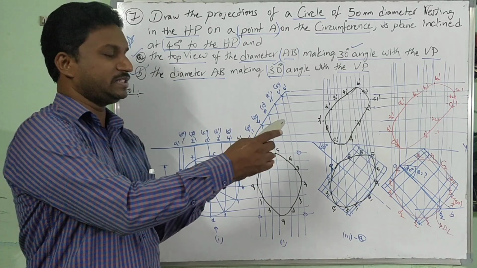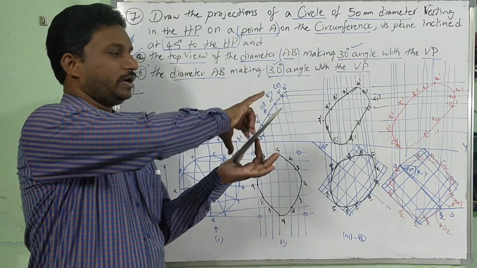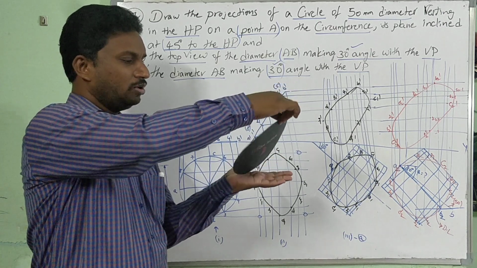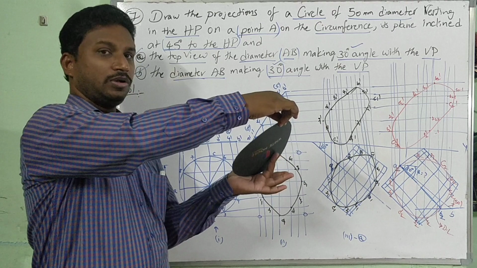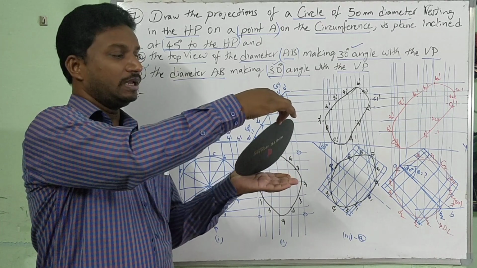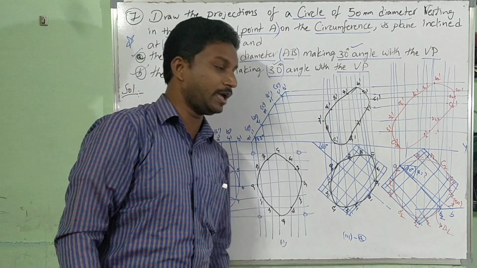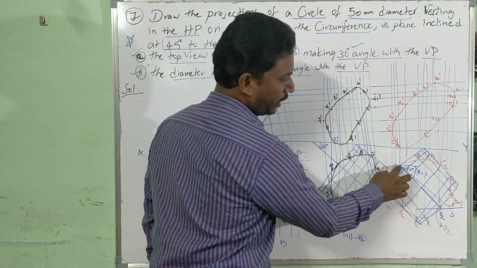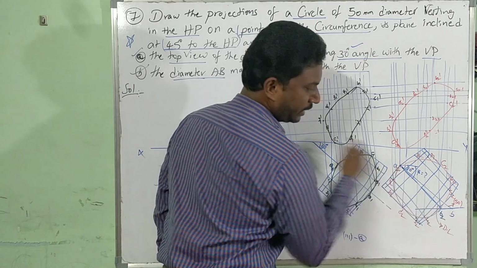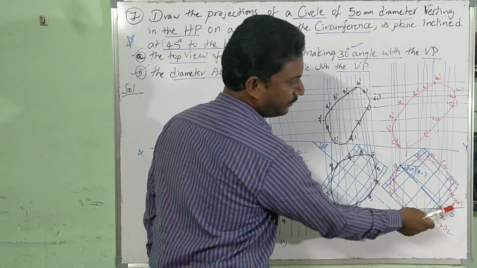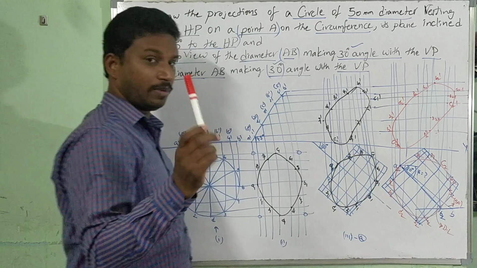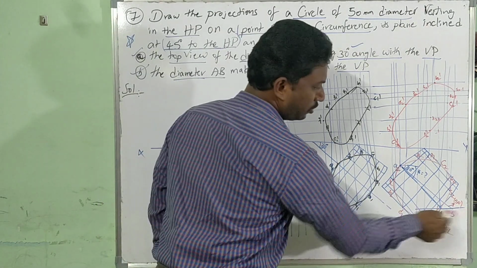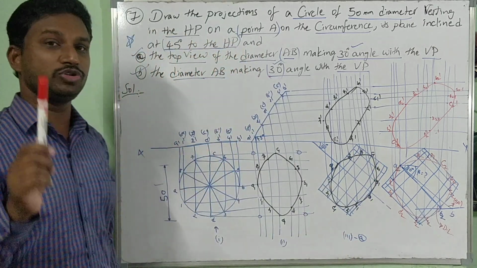Now next one, diameter AB, right? Up to here it is 45 degrees. Now it is rotated to 30 degrees. Now when this is rotated to 30 degrees, line is inclined to both the planes. Diameter AB is inclined to both the planes. So in that concern, try to draw a small point anywhere, A2. Draw 30 degrees line first, of true length 50 mm. That is important. There you have to draw the locus line. On that you have to show final diminishing length.